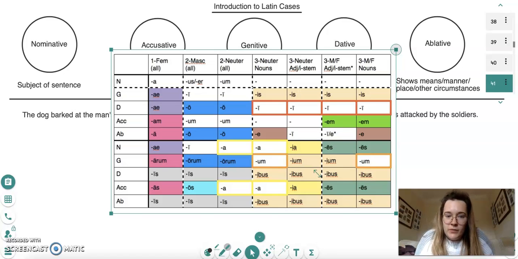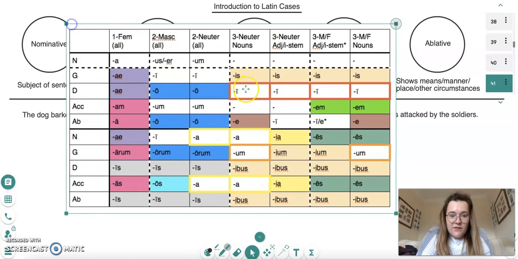Now we won't go into too much detail with that, but you can see here we've got the nominative, genitive, dative, accusative, and ablative here, and here in the plural as well. So you can see that we have a number of different endings, some of which look very similar, and you can spot some similarities. For instance, in the dative plural, you have a lot of similarities, is here, and then of course ibis here. Again, the genitive plural, arum, aurum, aurum. In the ablative, it's all is. So there are some patterns that make it a little bit easier to recognise, but this is essentially